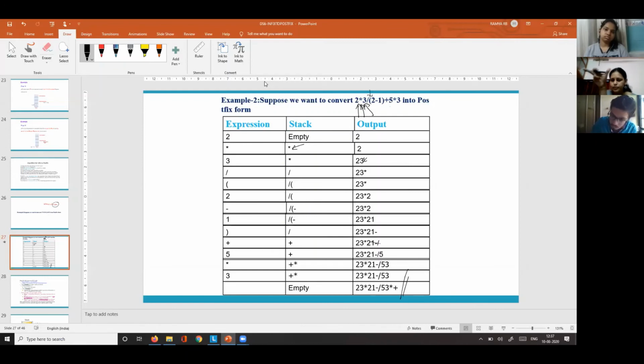So this is how you have to solve. You have to draw a table like this and then solve when you get a question like this for examination. You may get a numerical or you may get a program question. Is it clear, everyone? Yes, ma'am. Now we'll solve one more example and then wind up.